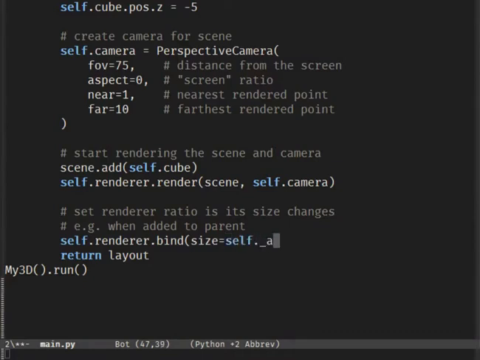If you used Kivy, you must know binding to a property, and that's what we will use to adjust the aspect of the camera.